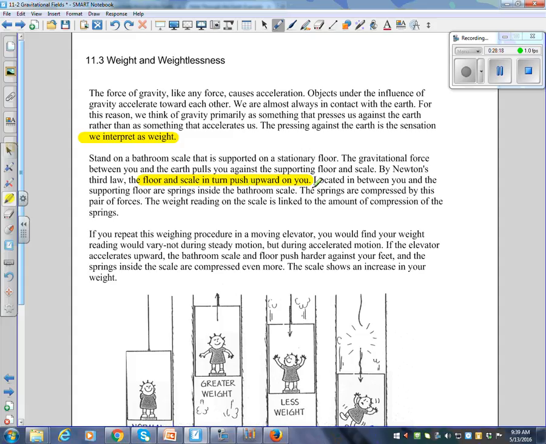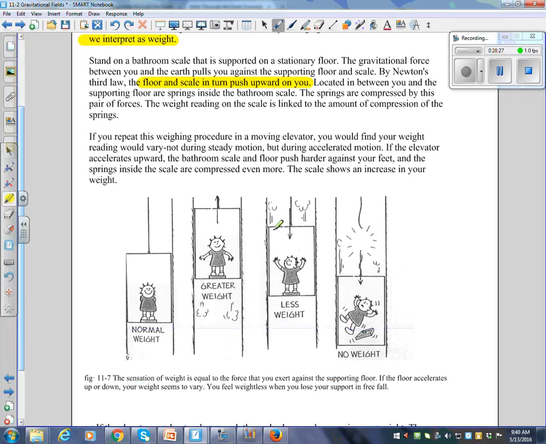The springs are compressed by this pair of forces. The weight reading on the scale is linked to the amount of compression of the springs. If you repeat this weighing procedure in a moving elevator, like we have right here at school, who's been inside